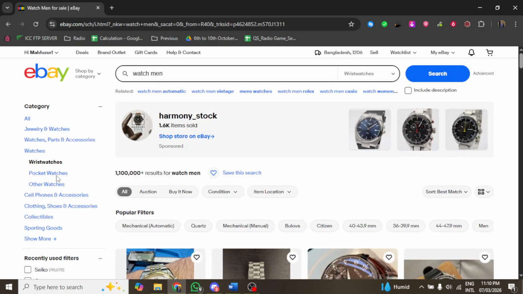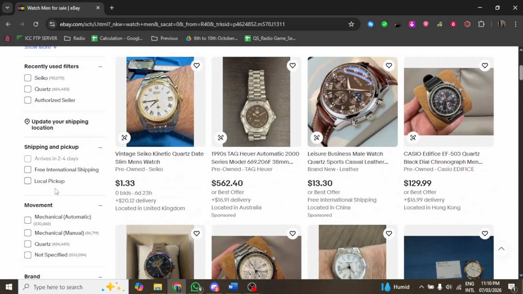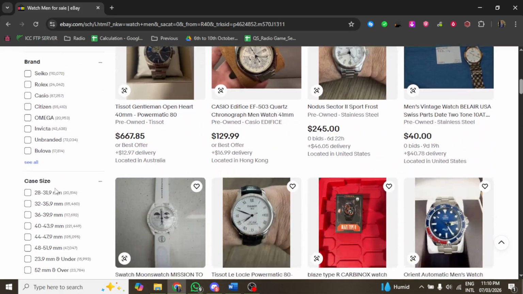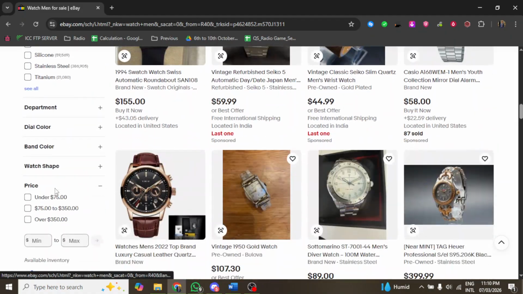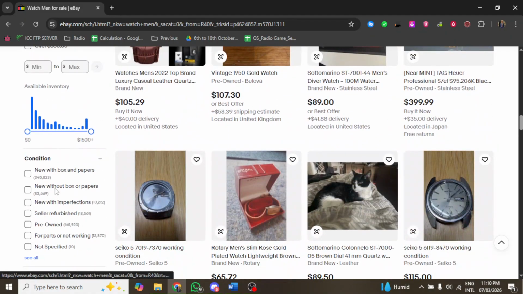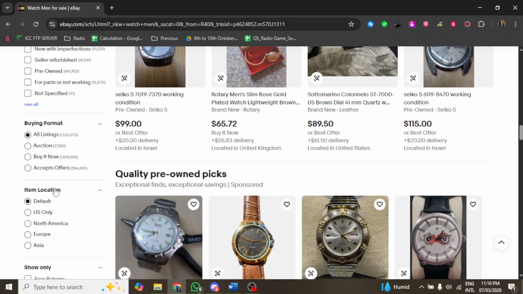Start by searching for the auction item you are interested in on eBay. Use the search bar at the top of the eBay homepage to enter relevant keywords or the item's name. Once you find the auction listing, click on it to open the full product page. On this page, you will see details such as the current highest bid and the time remaining before the auction